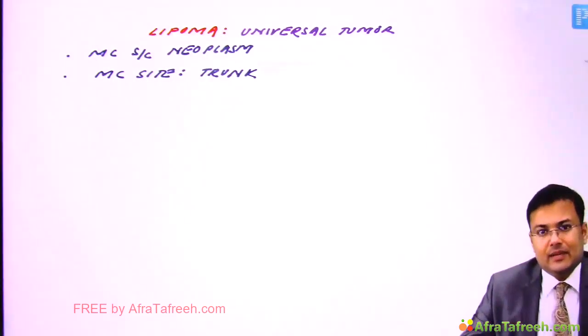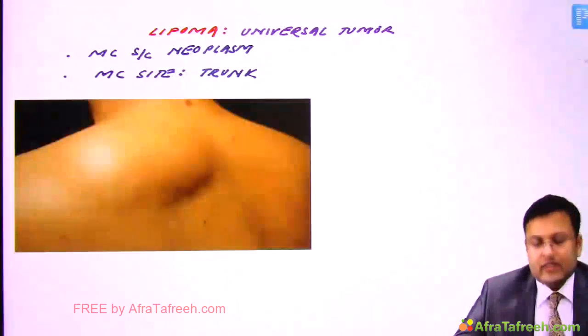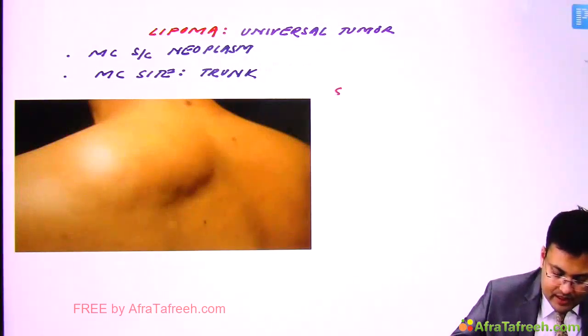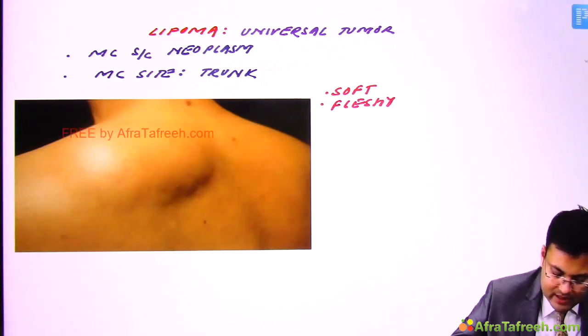Okay. You must have seen a patient of lipoma. Generally, what is the most common site? Yes, trunk. So the most common site is trunk. Right? So lipoma, a tumor containing normal fat cells, and if you see, the tumor appears lobulated. Sometimes it has a bossellated appearance. See how it looks like. So see the special properties of lipoma. It is soft, it is fleshy, and we discussed it is lobulated, and here slip sign is positive.